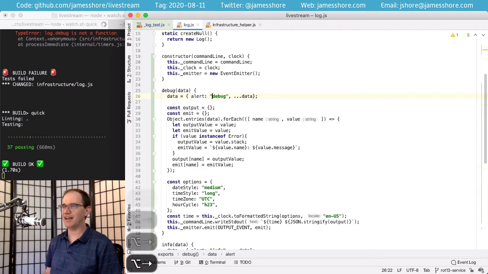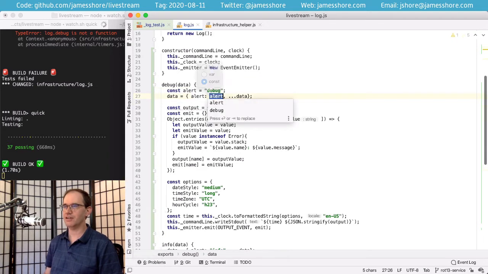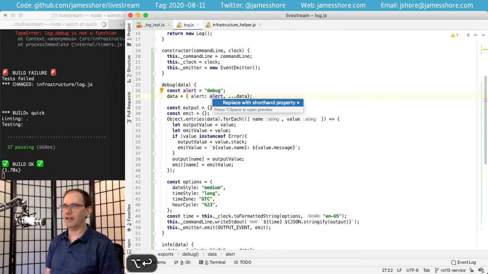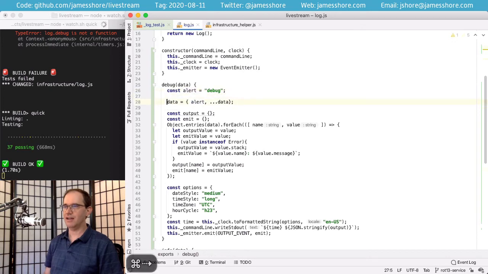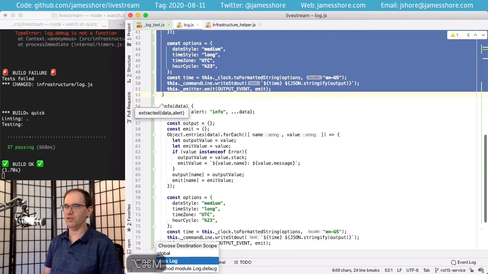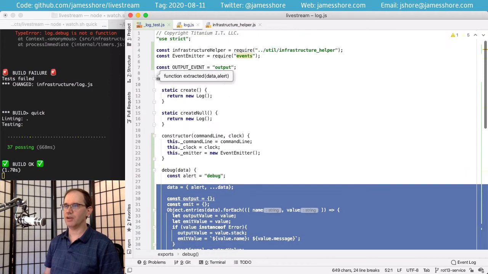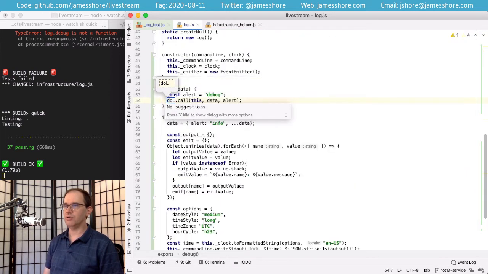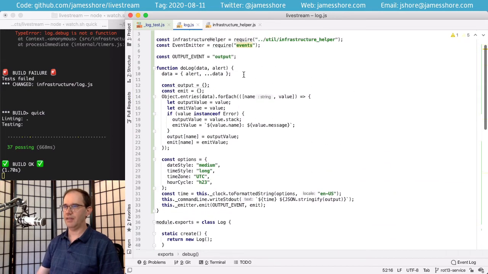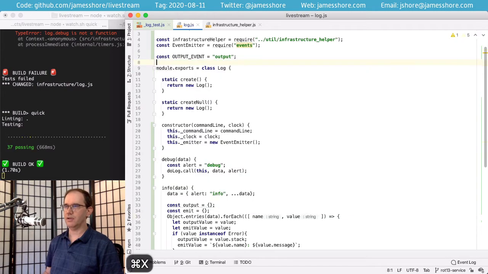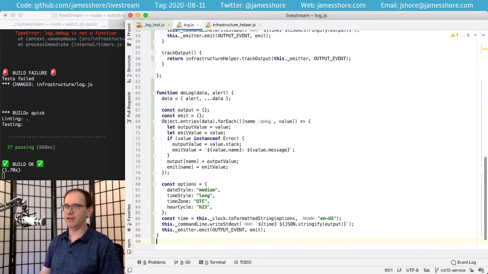Of course, this is not at all good enough. So I'm going to factor this out. I'll take this and turn it into an alert variable, and then I'll collapse that. Then I'll take all of this and extract it into a method, which I'm going to call do log. And then let me take this and put it down here.